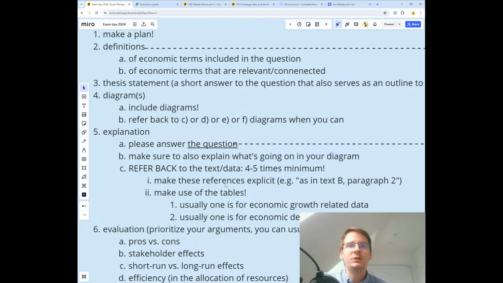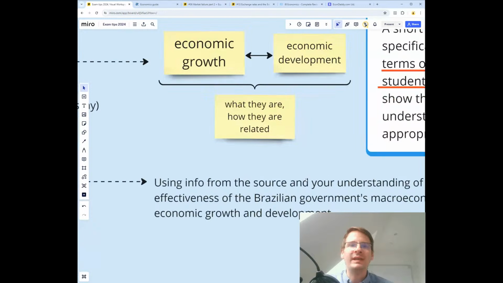Now, I want you to make these references explicit, such as in a bracket, as in text B, paragraph 2. Why? Because we want to make it easy for the examiner to see that, aha, there is a reference back to the source. As you can see from the way the question is phrased, you should use the information from